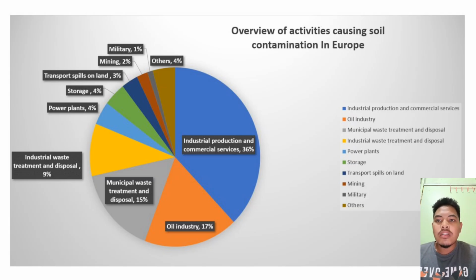For the pie chart, overview of activity causing soil contamination in Europe. The most activity causing soil contamination in Europe is industrial production and commercial service with 36%,